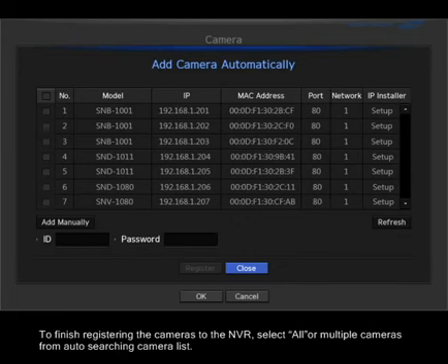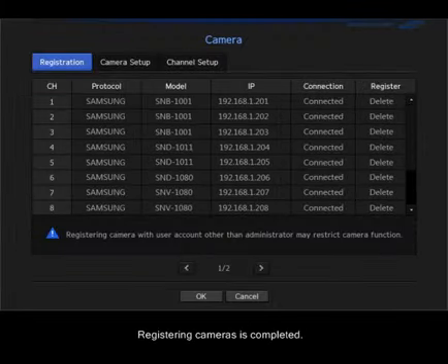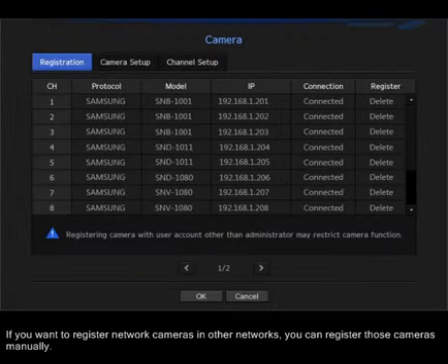To finish registering the cameras to the NVR, select All or Multiple Cameras from the auto-searching camera list. Enter the ID and password of the cameras and click the Register button. Registering cameras is completed. If you want to register a network camera in another network, you can register those cameras